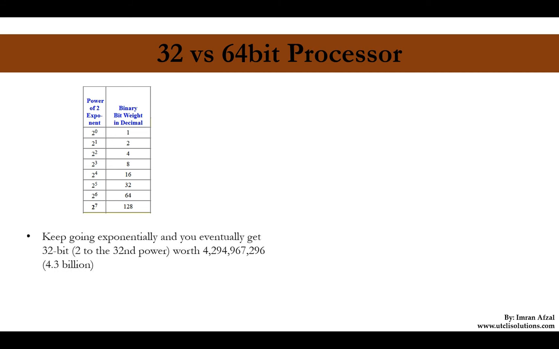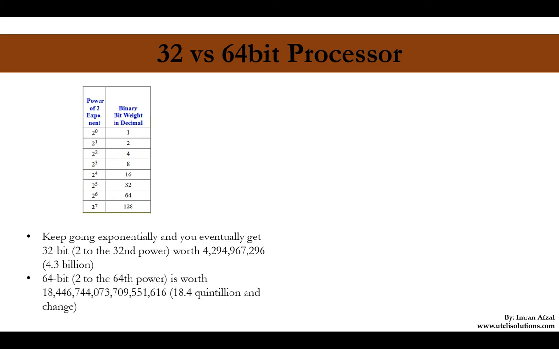If we keep going to 2 to the power 32, then eventually you're going to get the 32-bit worth, 4.3 billion. It means it could process 4.3 billion data units at a time if it is a 32-bit